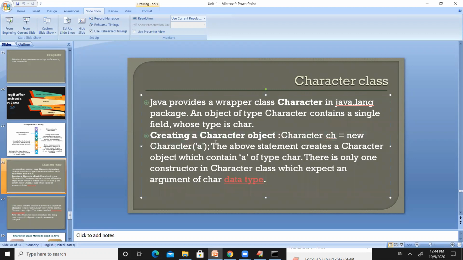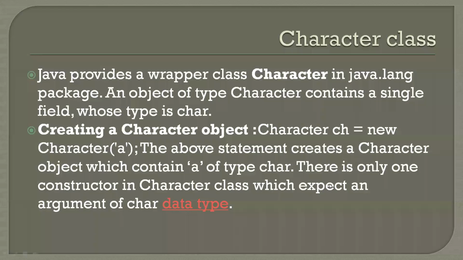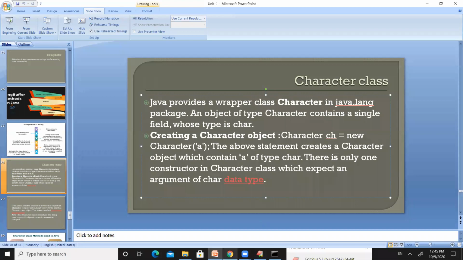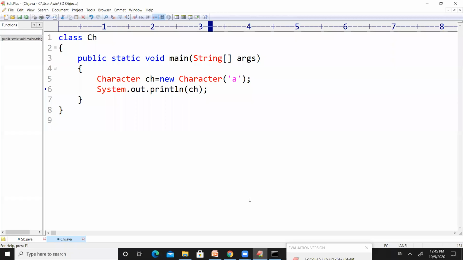So the above statement creates a Character object which contains a, which is of type char. There is only one constructor in the Character class which expects an argument of char data type. So here, inside the Character class, right?